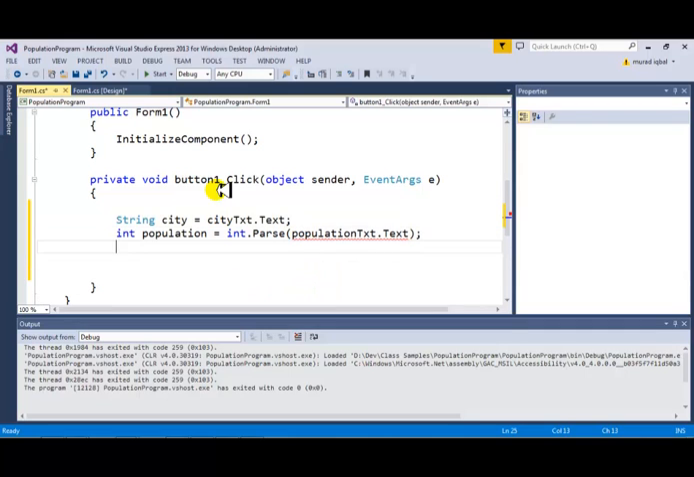This will convert it to integer. Then you have int year, what is the current year, int.parse, and you do year txt.text. So what is the text written on the year text box? And the next thing you want to do is